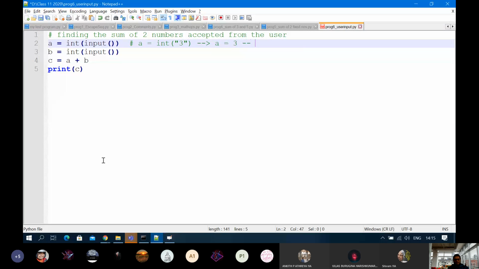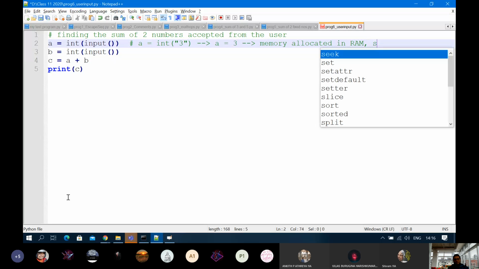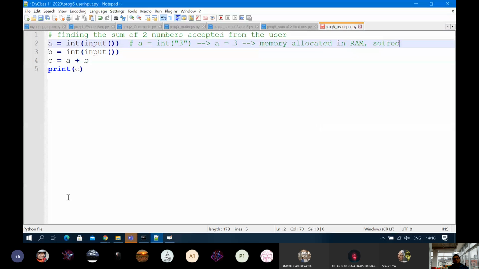And then हमें पता है जब इस तरह का फॉर्म आ गया तो मेमोरी एलोकेटेड इन रैम, labeled. ठीक है, labeled as A. This is the sequence of events happening.